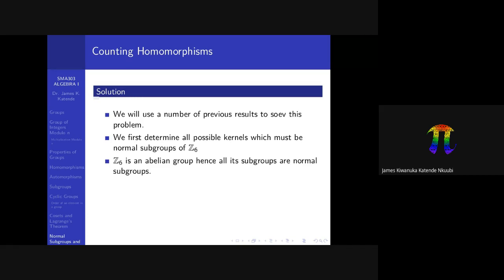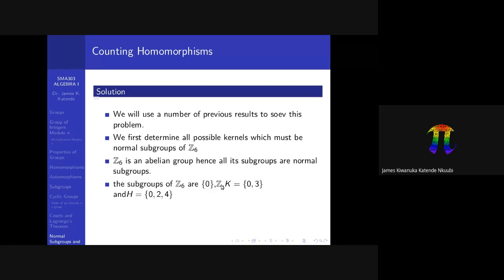So if a subgroup of Z6 is a normal subgroup, then it's a candidate. We are not guaranteed that it will finally be a possible kernel, but it's a candidate. Since all the subgroups are normal, we need to consider all of them. So the normal subgroups will be 0,